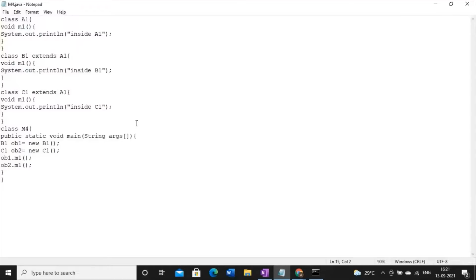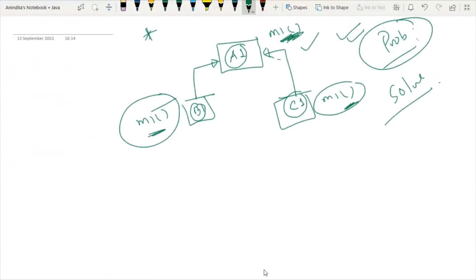Now, how to solve this problem? Now you can tell me, okay, ma'am, use the super keyword, you can solve it. Definitely, I can solve this problem using the super keyword. But Harvard Shell has proposed a new technique known as dynamic method dispatch to specifically solve this kind of overriding, meaning the overriding that appears in case of hierarchical inheritance. Now, what concept has Harvard Shield used? Now I will tell you one beautiful concept.